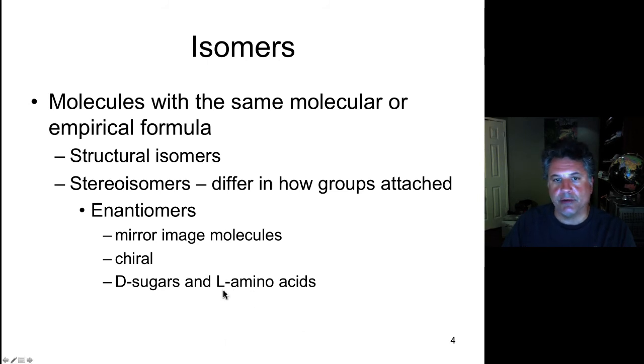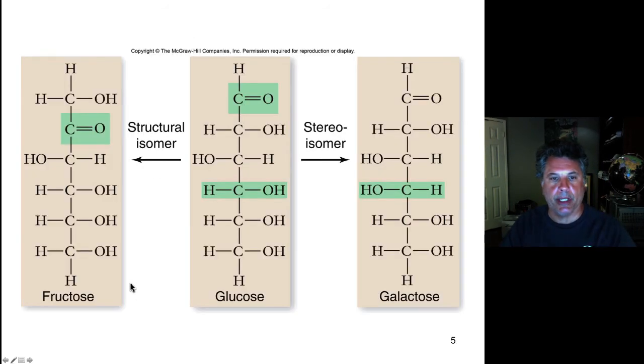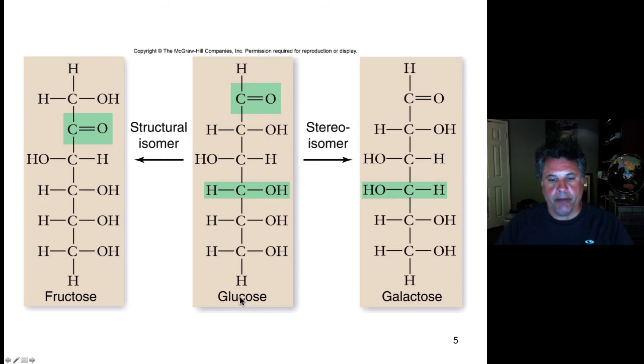Apparently early in the evolution of life, the enzymes that were charged with synthesizing proteins by joining amino acids together could only join L amino acids together, and life went off on that pathway of only having L amino acids in their proteins. And our carbohydrate sugars are primarily of the D form, the right-handed form of the sugars, primarily. Not exclusively, but primarily. So here's an example. Here's the sugar glucose, and here's another sugar, fructose.